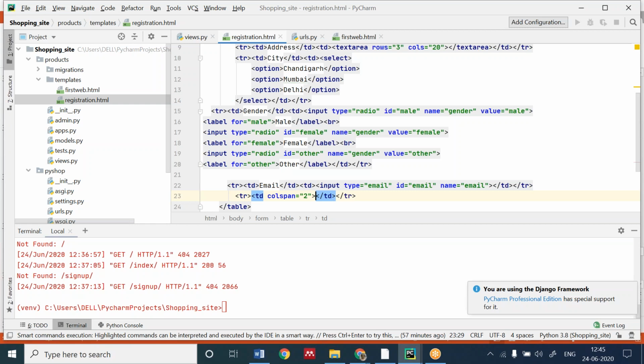Then I am writing input type equal to button, name, submit. Write it down.